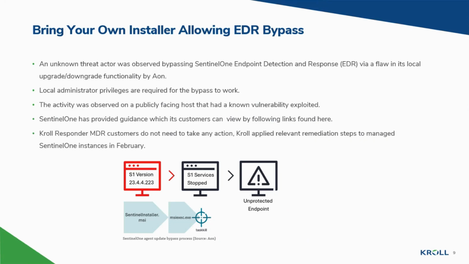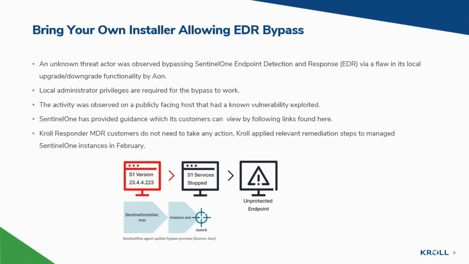Strauss-Friedberg observed a threat actor using a new technique to bypass SentinelOne endpoint detection and response. This technique took advantage of a flaw within SentinelOne's upgrade or downgrade functionality to bypass the SentinelOne anti-tampering protections. The actor compromised and gained local administrator privileges on a public-facing Windows server by exploiting a known vulnerability, though which vulnerability was not detailed. The actor was then observed creating a number of SentinelOne installer files of different versions, which